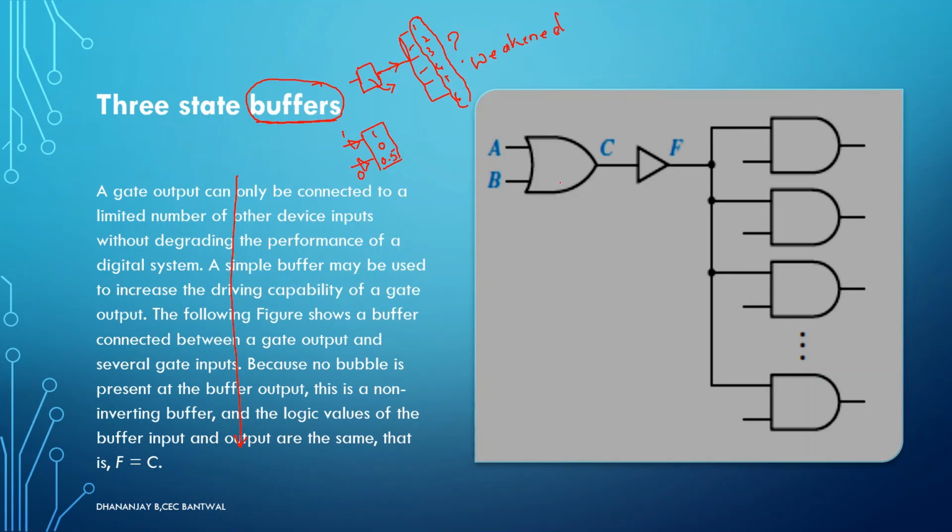The circuit diagram you can see here is my first stage circuit, and these are the second stage circuits. This circuit is asked to drive all these circuits. It cannot do it, because of which I have connected a buffer in between, which looks like a triangle, and this buffer will increase the driving capability. This buffer can be of two kinds. It can be inverting or non-inverting. If I connect a bubble here, it looks like a NOT gate, but it's actually not a NOT gate. If I connect a bubble here, it becomes an inverting buffer, and as there is no bubble connected here, it is a non-inverting buffer.